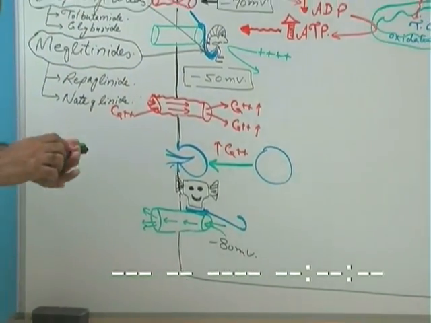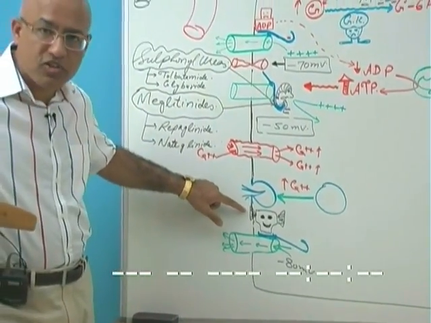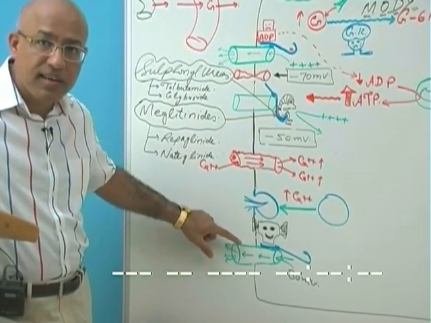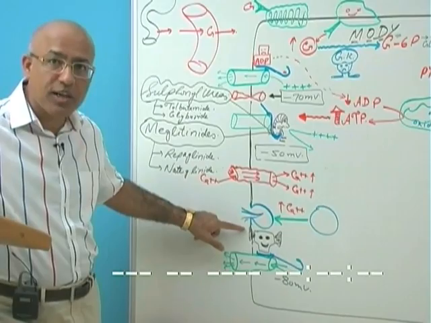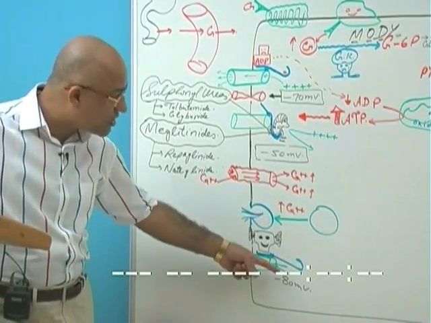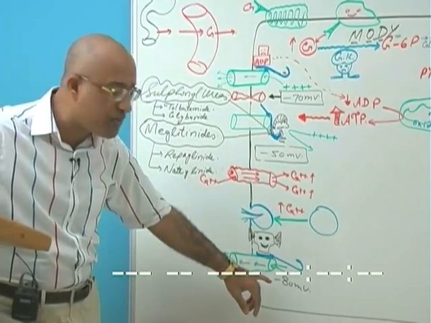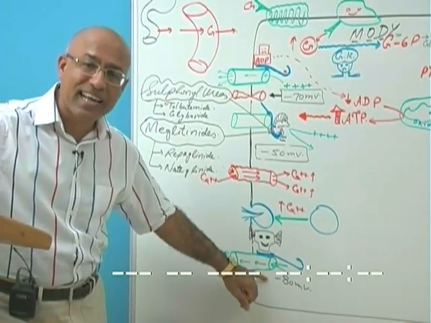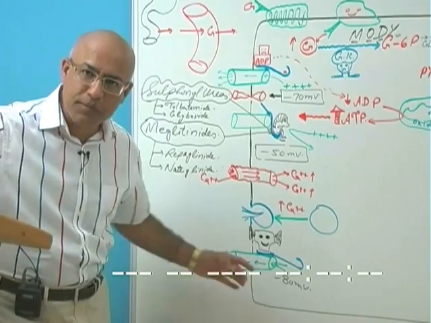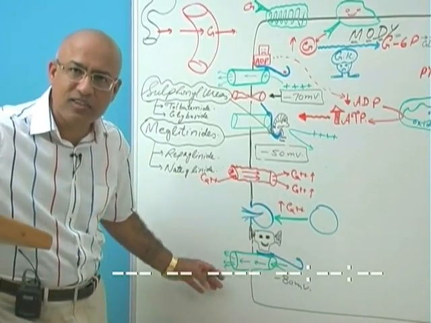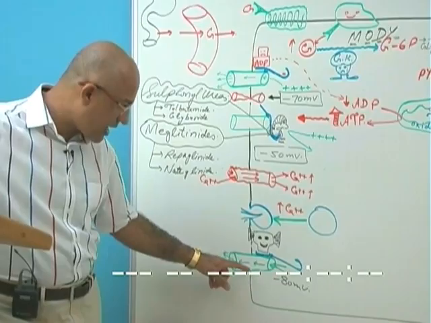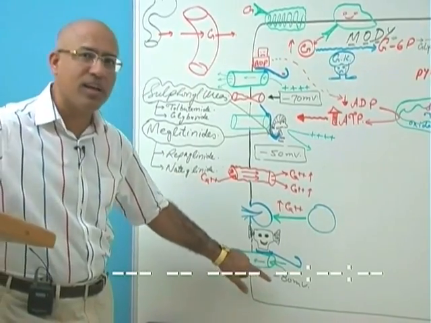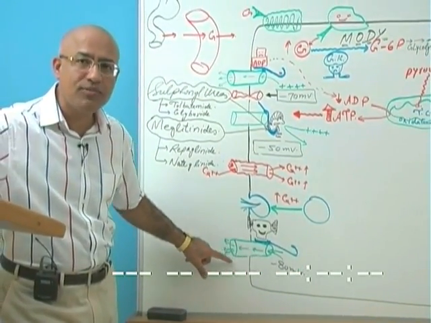So we can say this type of drug binds with the ATP sensitive potassium channels in such a way that it keeps the channel open excessively, leads to excessive loss of potassium, and keeps the membrane very much hyperpolarized. If the membrane becomes hyperpolarized, can it easily depolarize? No. Can it bring the calcium in? No. Can it secrete the insulin? No. So actually this is an activator of the ATP sensitive potassium channel, but it inhibits the secretion of insulin